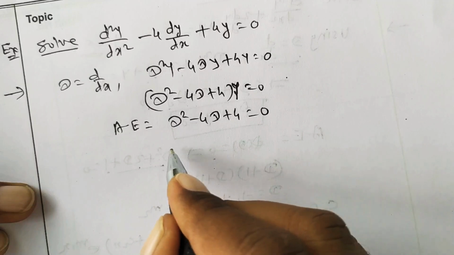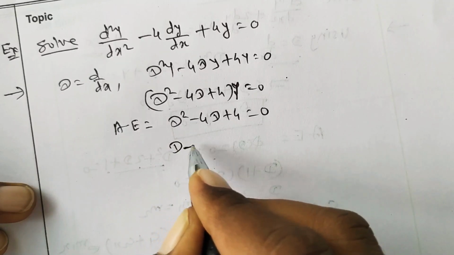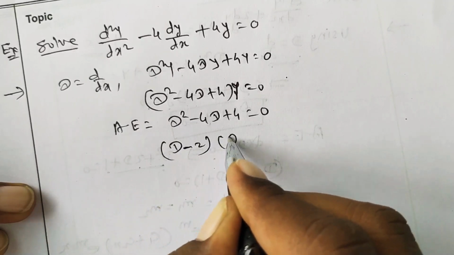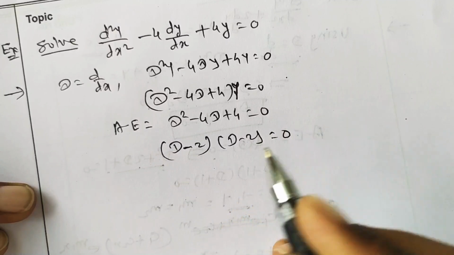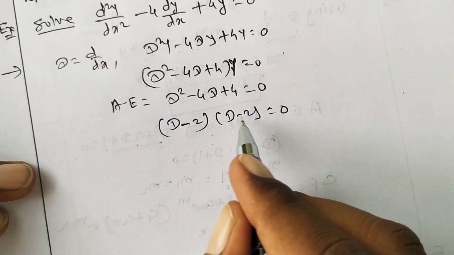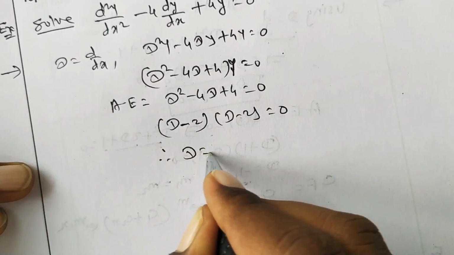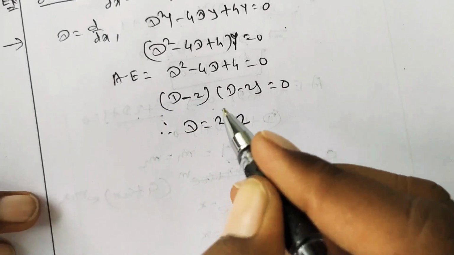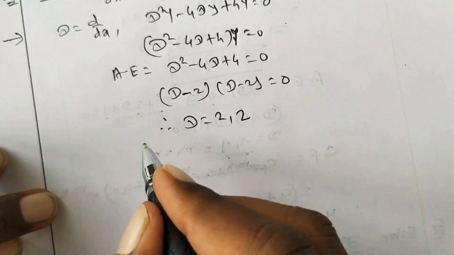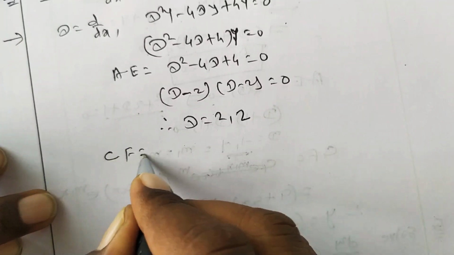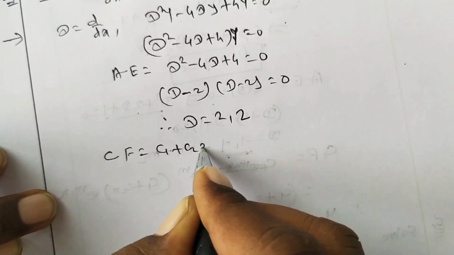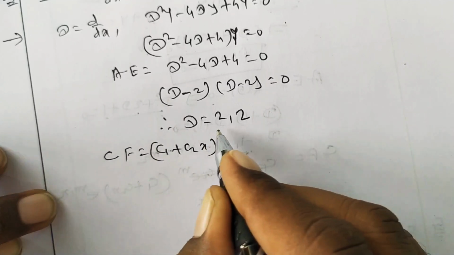The numbers are minus 2, minus 2. So what are the roots of this equation? D minus 2 equal to 0. Minus 2 minus 2 is minus 4, and minus 2 into minus 2 is plus 4, and therefore D equal to 2. So the roots are real and repeated, and therefore CF is equal to C1 plus C2x into e to the